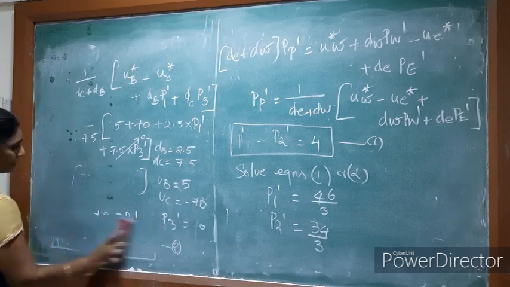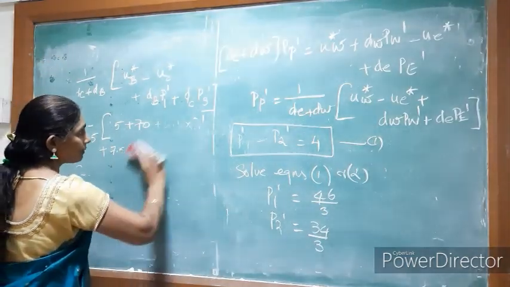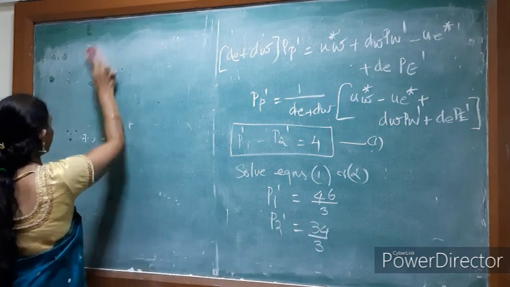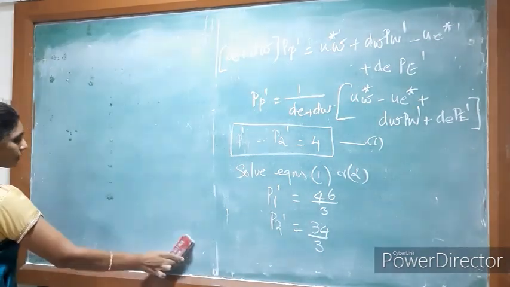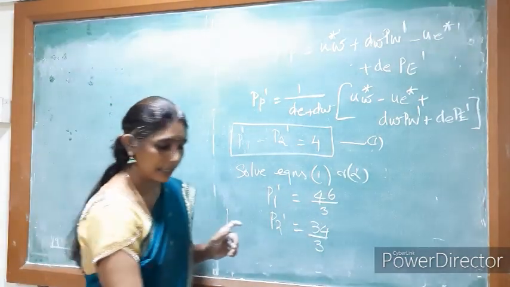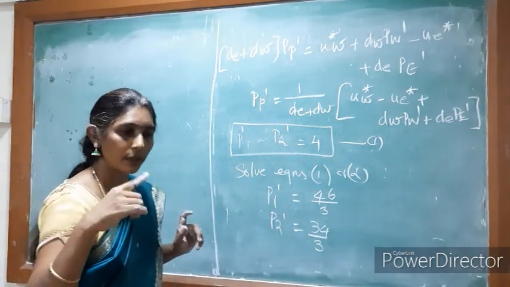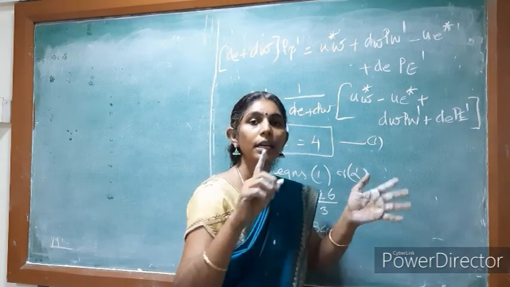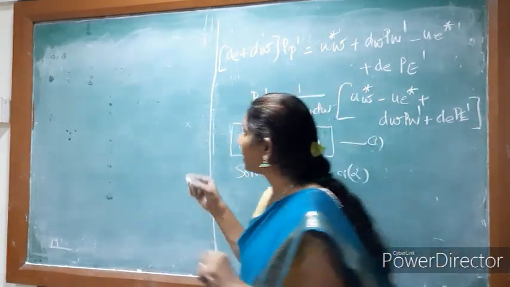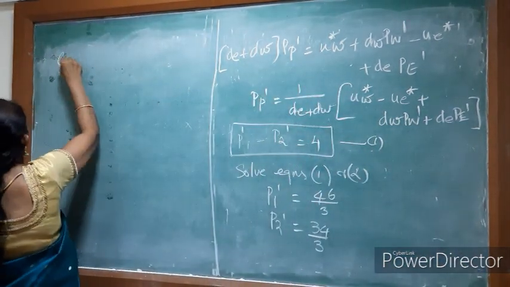What is our next step? We'll have to check whether the continuity equation is satisfied or not. What does it mean by satisfied or not? That is, we have the points B and C. So velocity at point B should be equal to the velocity at point C. In other words, UB should be equal to UC. Right? So I have to calculate